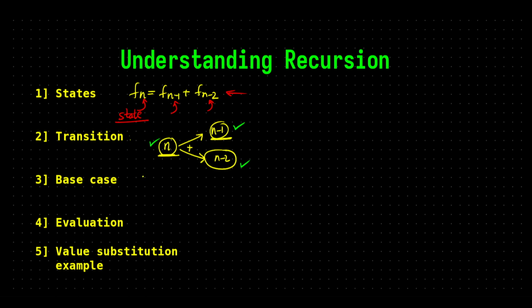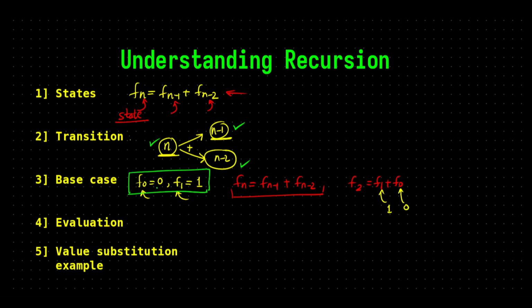Next up is the base case. As we know, the Fibonacci number at 0 is 0 and at 1 is 1. Now these are the fixed values because this equation must terminate somewhere and we need to know what values to consider whenever a case like this occurs. So this is the terminating condition and we need to plug in some values here. So those will be 1 and 0 respectively. These values are known as the base cases,